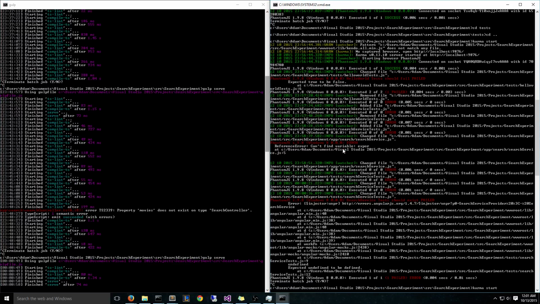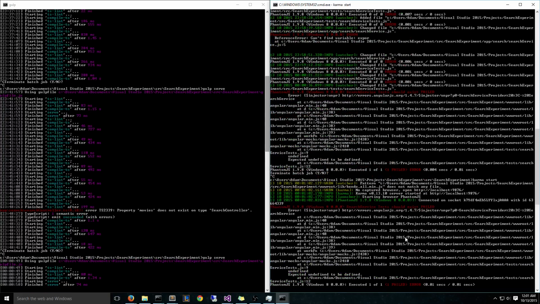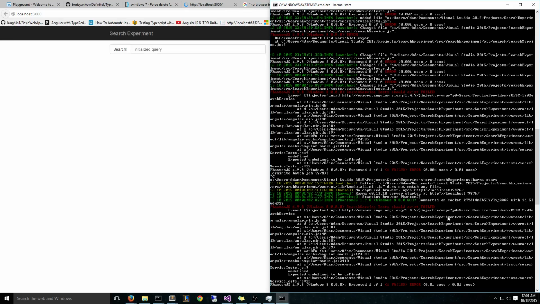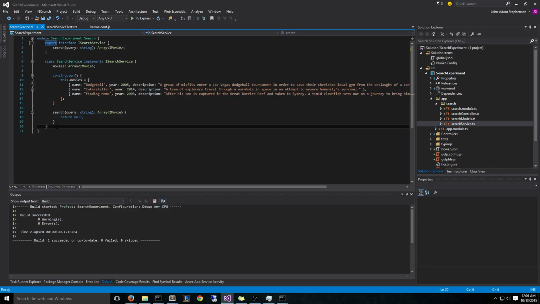And we're getting an error that's not expected. And the error is that injector search service. So I need to check. I think I know what the problem is. If I go to my search service, I never actually add it to the module. So I need to go at the bottom,